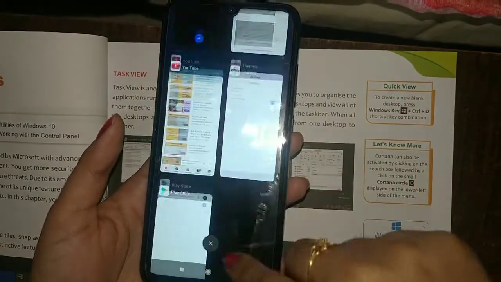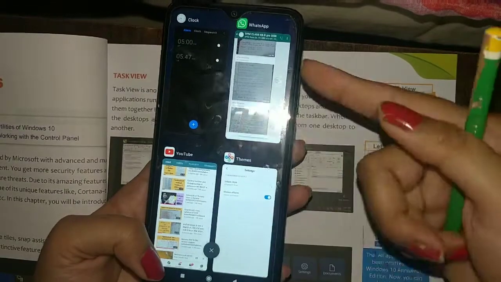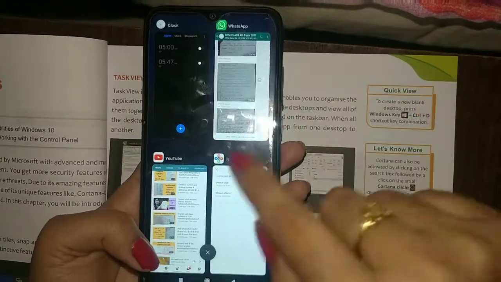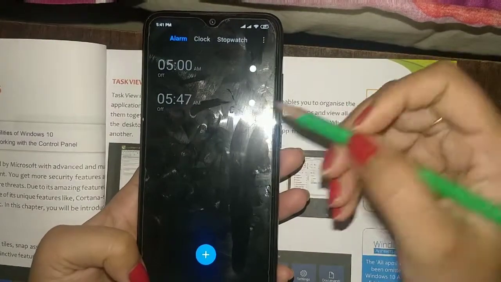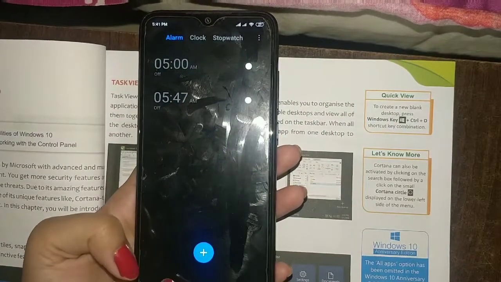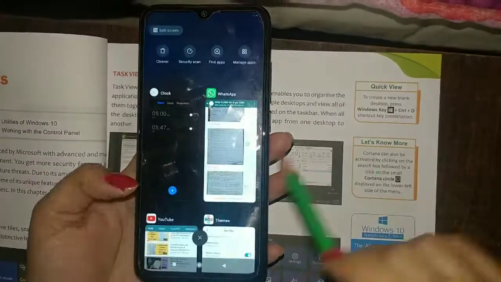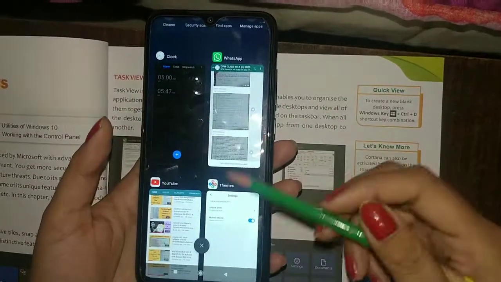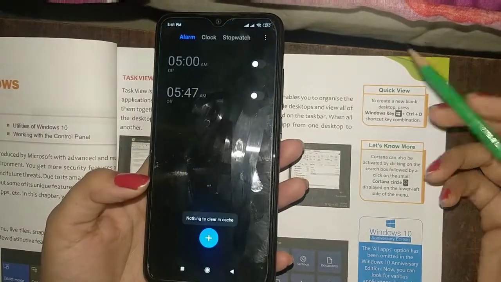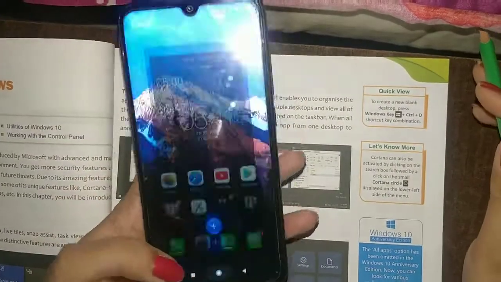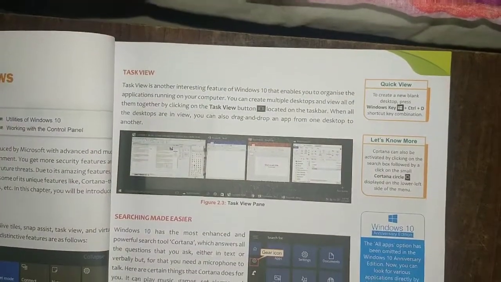So by just checking which screen you want to use, you simply click on this. For example, I want to set my alarm, so I can just simply click on this. If I don't want any of these screens, by doing this, all the tabs or screens will be closed.